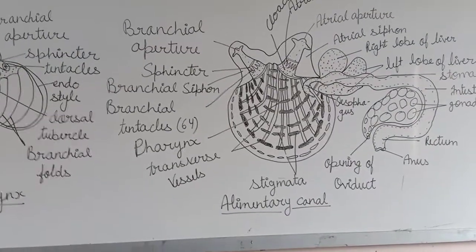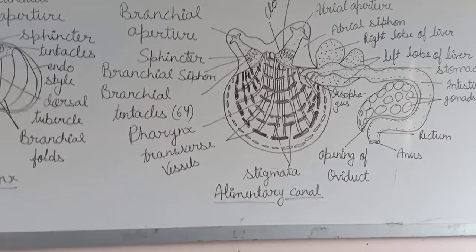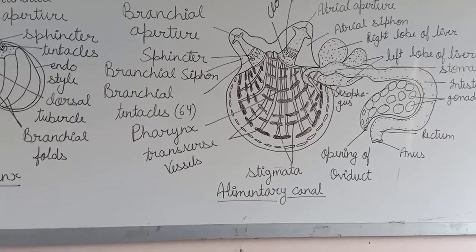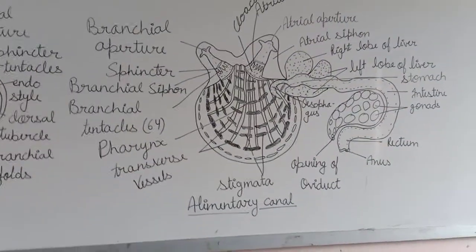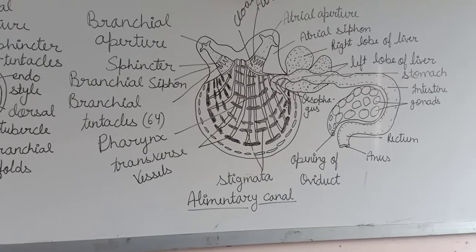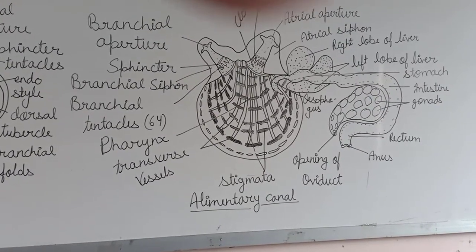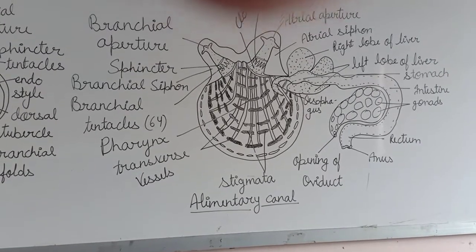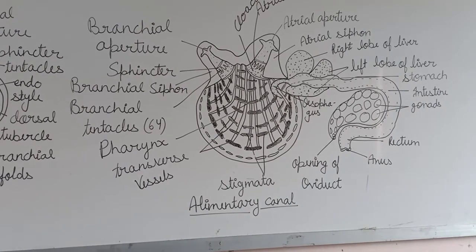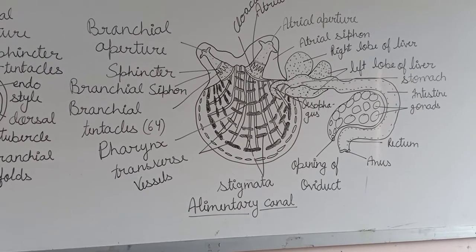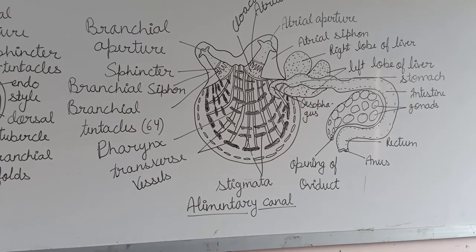Now digestive glands. Liver is also present and pyloric glands are also present in this animal. Liver I have explained earlier. Now the pyloric gland. It is present at the posterior part of the stomach and intestine. It opens mainly in the intestine. It has dual function. It means इसके 2 फंक्शन होते हैं. एक तो इसका पैनक्रिएटिक फंक्शन होता है. It means ये पैनक्रियाज की तरह वर्क करती है और दूसरा फंक्शन होता है इसका एक्सक्रीटरी.